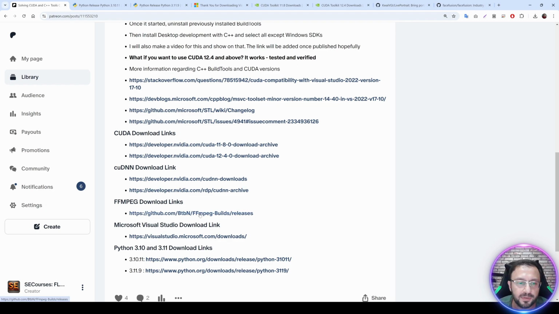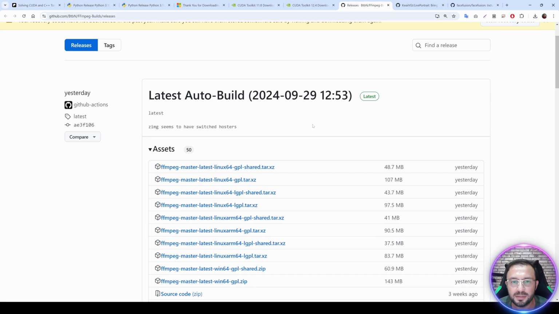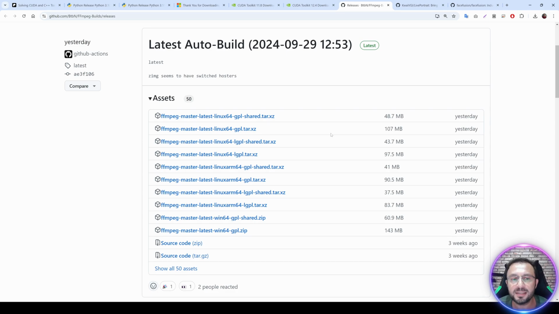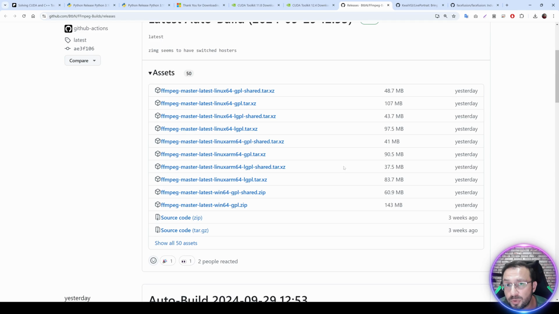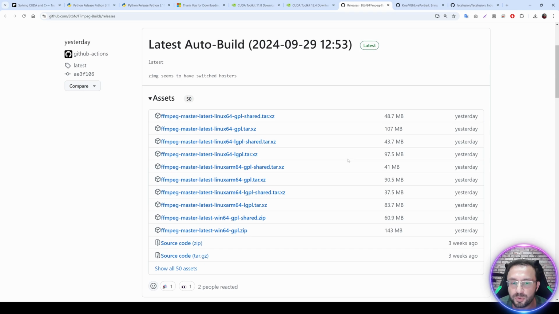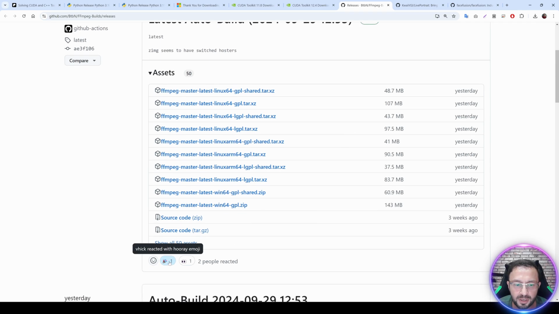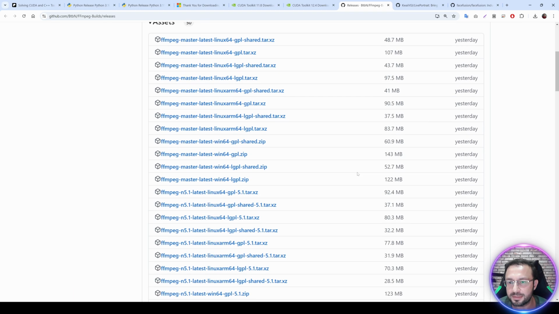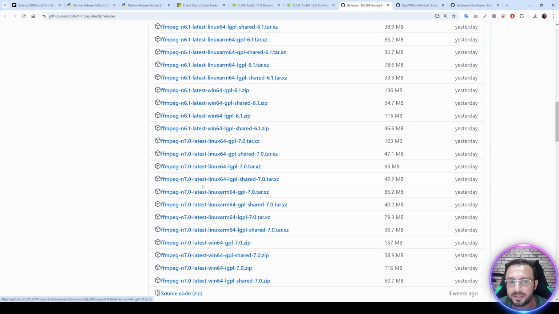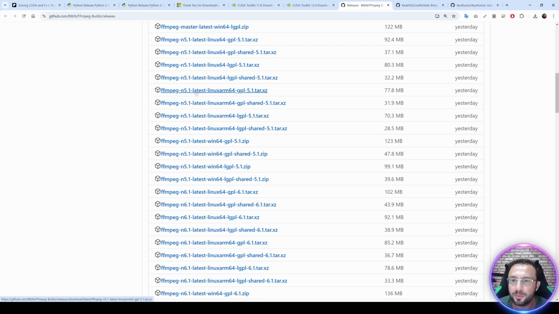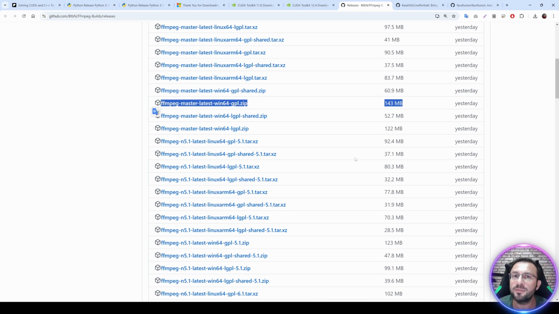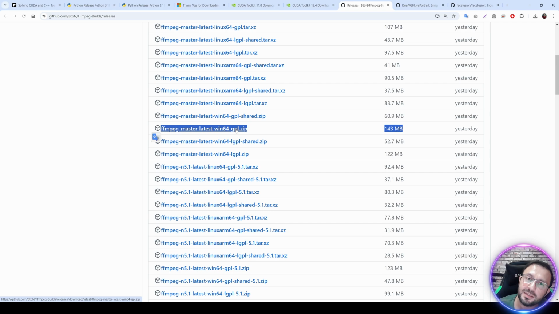Okay, let's download FFmpeg. Go to the FFmpeg here. There are releases. Some applications sometimes do not work with the latest version. It is hard to know which version will work, so you can try different versions, but for now I will use the latest. So which one is the latest? You see this is the latest version, FFmpeg master latest win64 gpl.zip file. They have so many versions, 7 and 6.1 and 5.1. So if the application doesn't work with the latest, you can make others default.